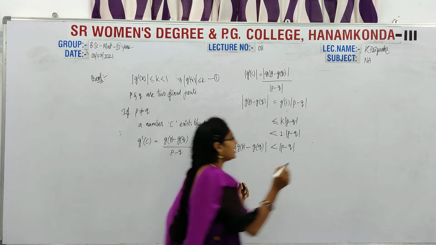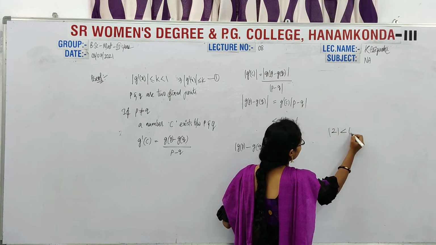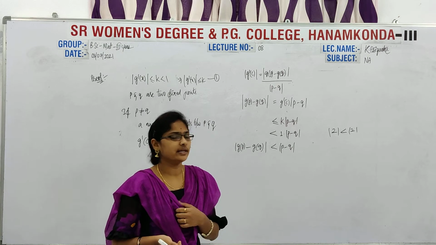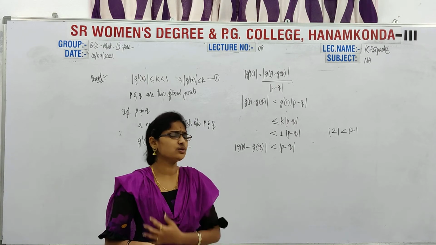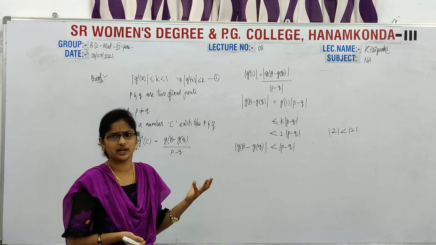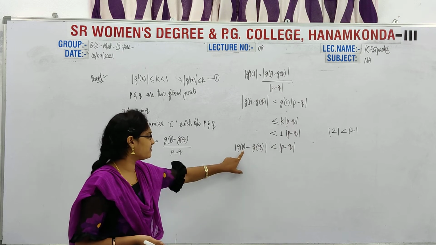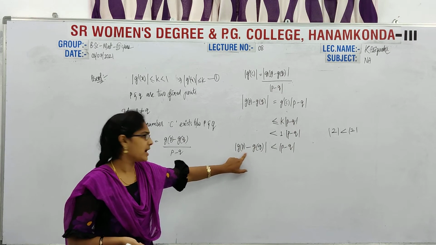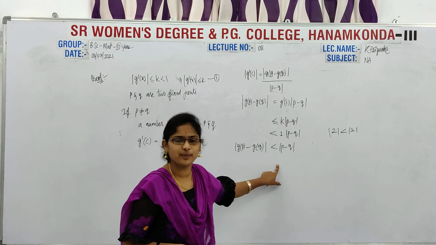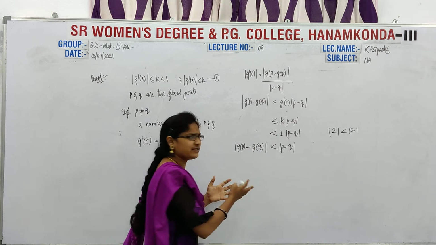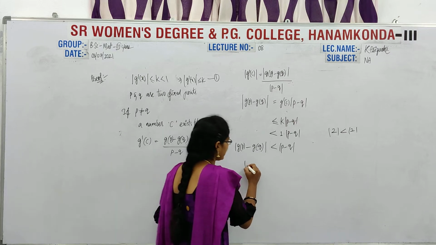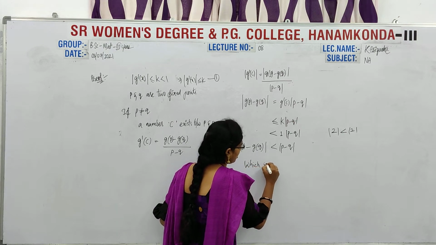Here it comes like modulus of 2 is less than modulus of 2, like this. If the values of P and Q are some values, then simply I am taking one example. So here we are getting that modulus of 2 is less than modulus of 2, otherwise modulus of 3, like that. The same value I am getting by using the fixed point iteration. What is this value? P. And what is this value? Q. Now what we have? Modulus of P minus Q is less than modulus of P minus Q. What is happening here? Actually, which is not possible. Is it possible? No, never. So that's why here we can write that it is a contradiction.